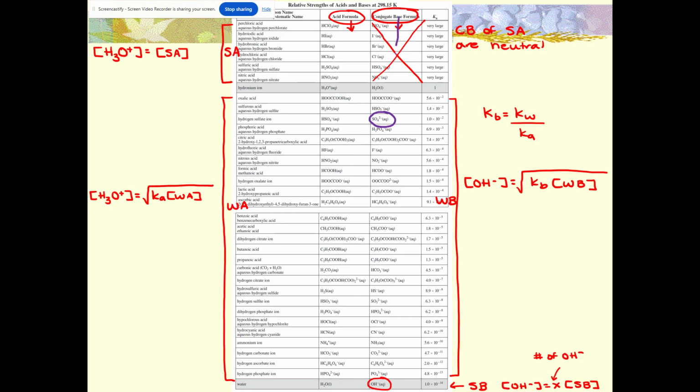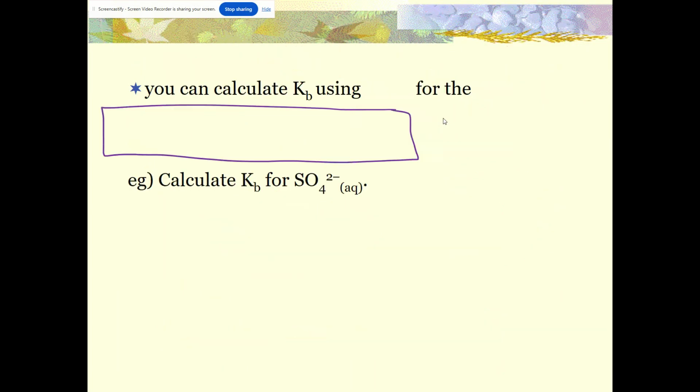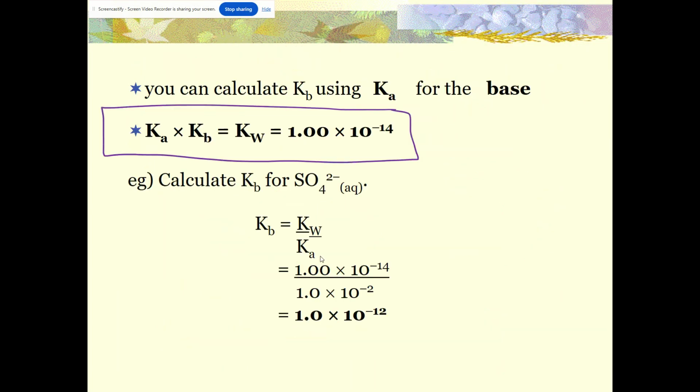This is my base side. There's SO4 2 minus. That is the Ka of the conjugate acid, which is HSO4 negative. So I take my Kw, 1.0 times 10 to the negative 14, and divide by 1.0 times 10 to the negative 2. Okay, so if we go back to that slide, the answer we would get for Kb,